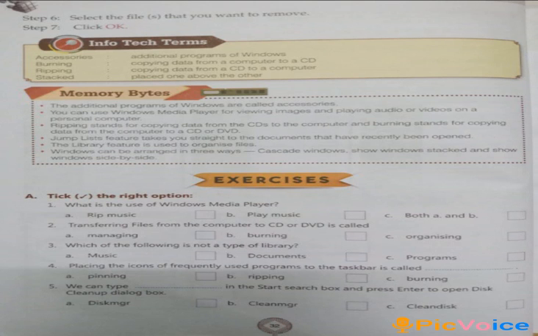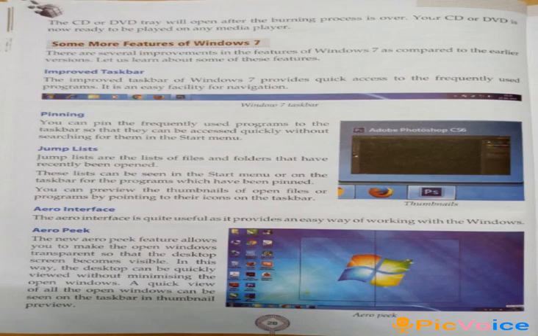Page number 32. Step 6. Select the files that you want to remove. Step 7. Click OK. My dear students, let us know more about some